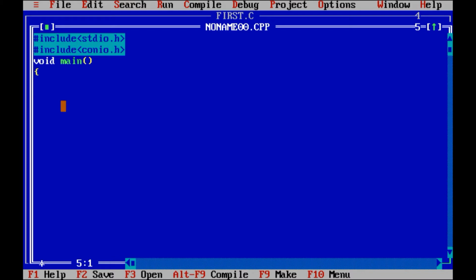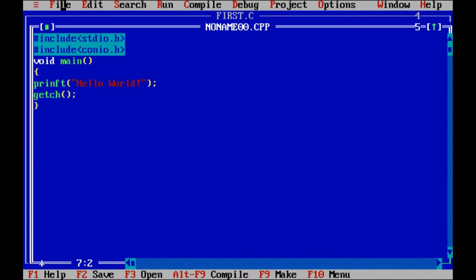Then we will use the printf function for printing the string hello. Now we will save this program.